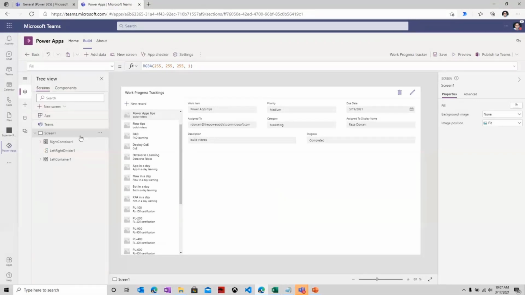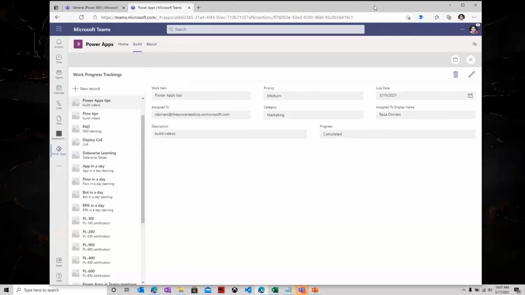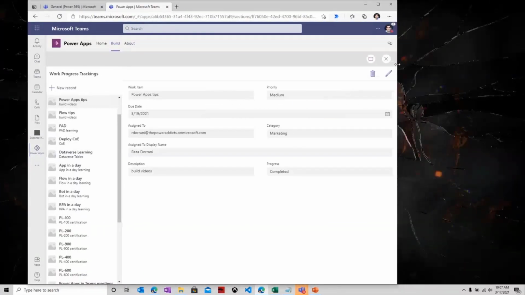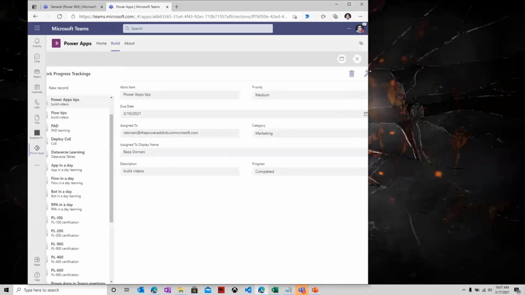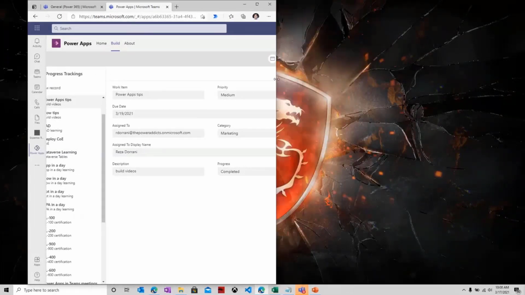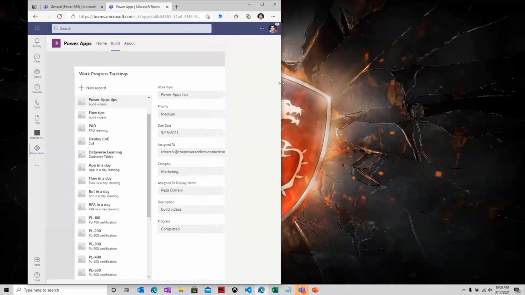Now, as part of this home screen, if I just preview the app, and let's say I start changing the dimensions of my screen, okay? If you observe right now, the form control is to some extent responsive. As the real estate of my screen decreases, the form control automatically starts positioning the elements.